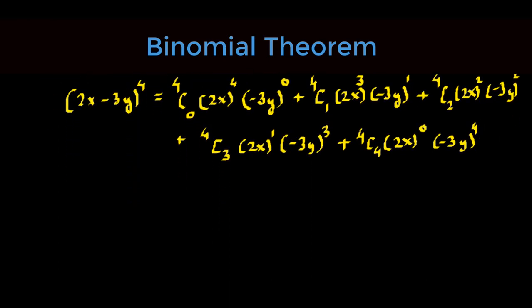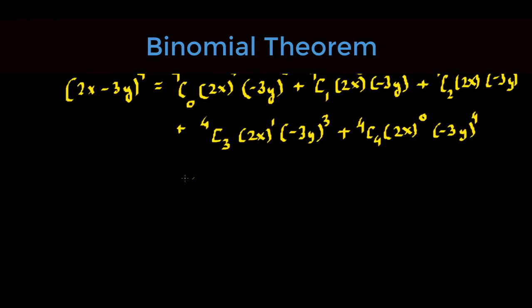So we're pretty much done. All we have to do is expand it further. So 4c0 is 1, 2 to the power of 4 is 16, x raised to the power of 4, and negative 3y to the power of 0 is 1, plus 4c1 is 4, so 2 cubed is 8, so this is going to give us 8x cubed times negative 3y